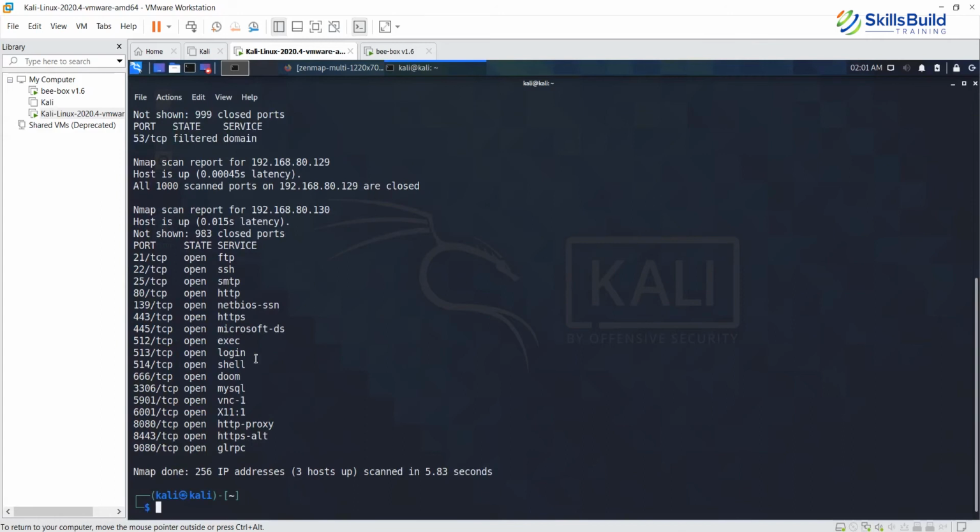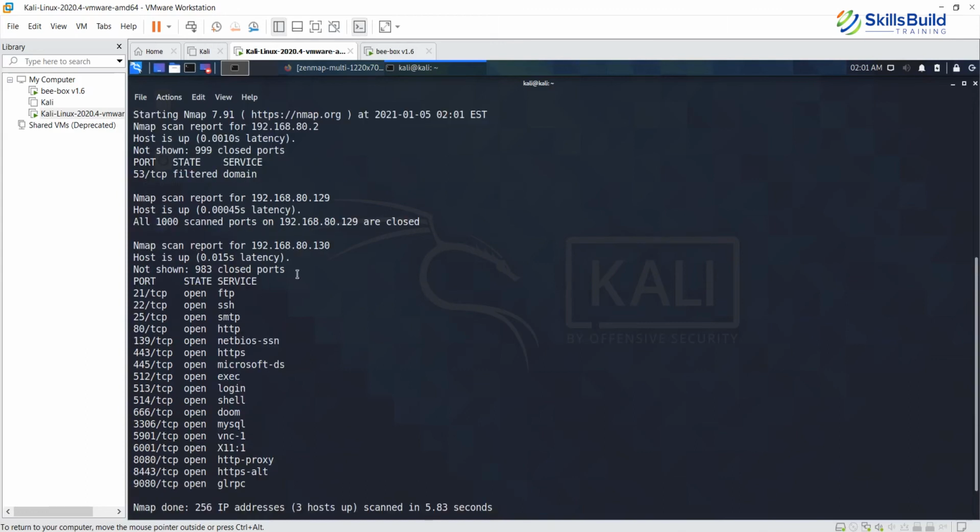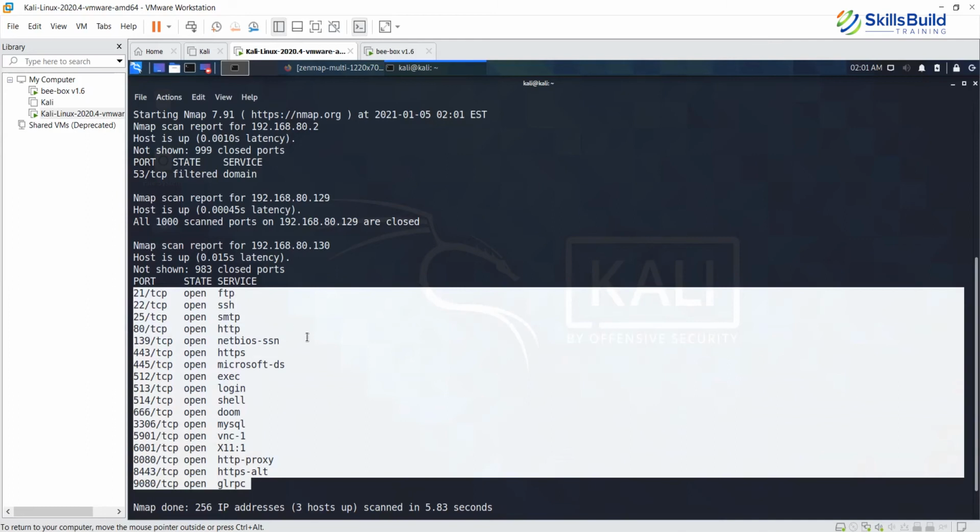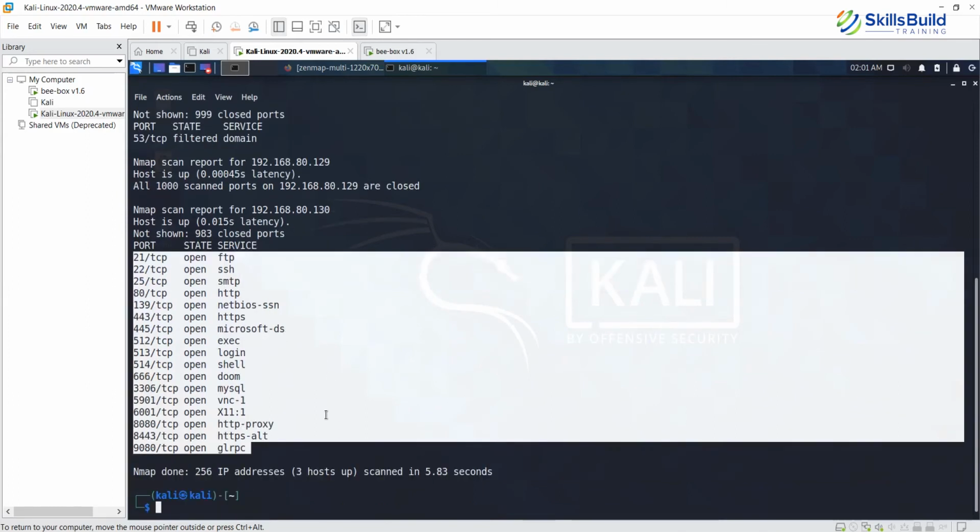Notice that it's found 129, it's found 2, and then it is showing again the same port 53, that is filtered domain. For 129, which is the Kali Linux, all 1000 ports are closed. And again, we got the same output that we've been receiving from the previous commands for 130, which is the B-box.